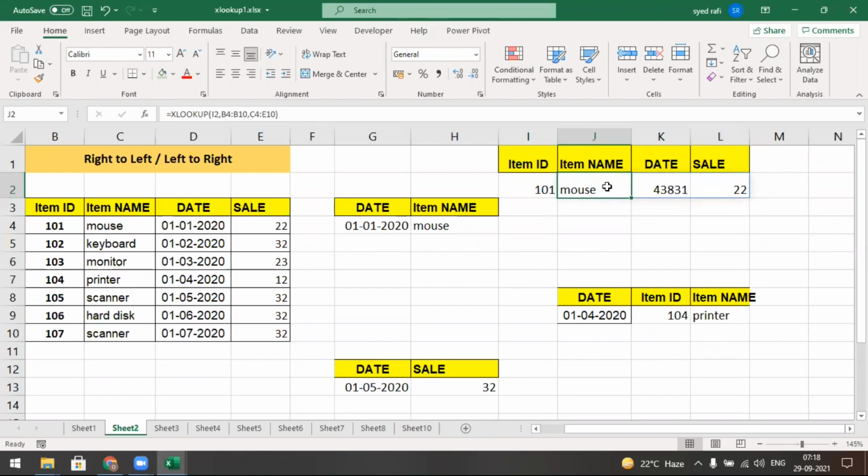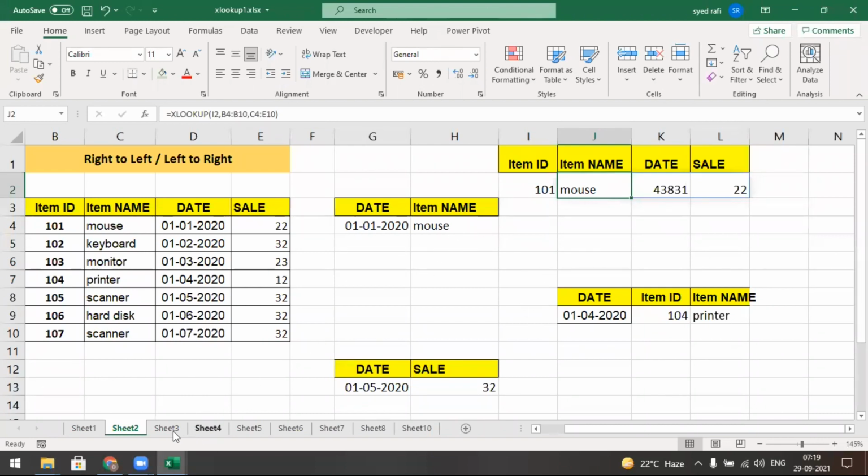That is the major disadvantage, but it is very flexible compared with VLOOKUP. When you work in Excel, you get so much practice with VLOOKUP, so it is hard to leave that VLOOKUP functionality, but XLOOKUP gives great flexibility. I hope you can understand.